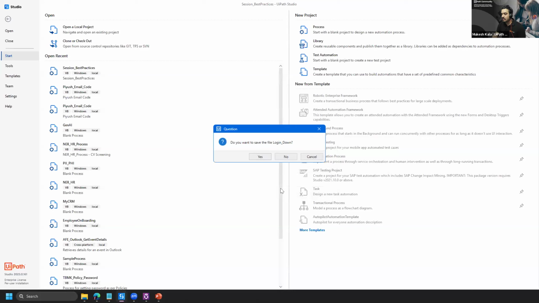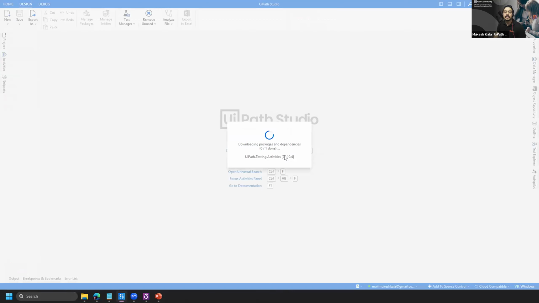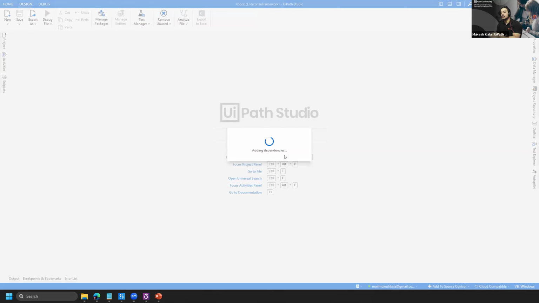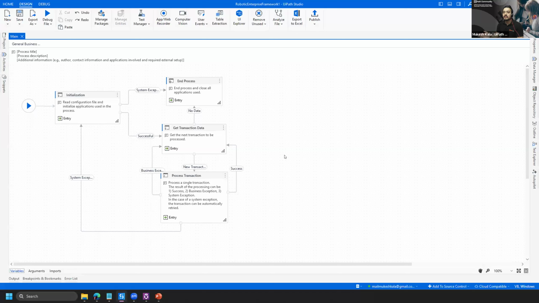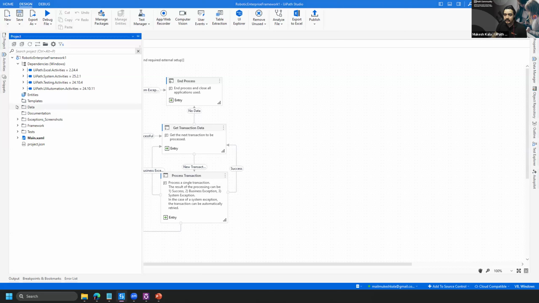So I create a framework called Robotic Enterprise Framework, right? Which is a framework to build enterprise projects. And by default, the RE Framework, when I say RE Framework, it's Robotic Enterprise Framework, gives you an option to manage all of this in a config file. So if you go to the project, in the data folder,